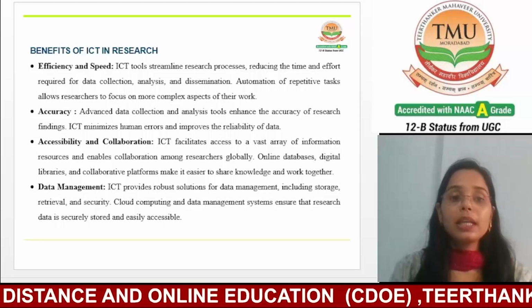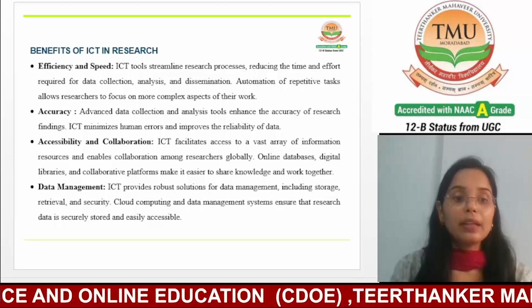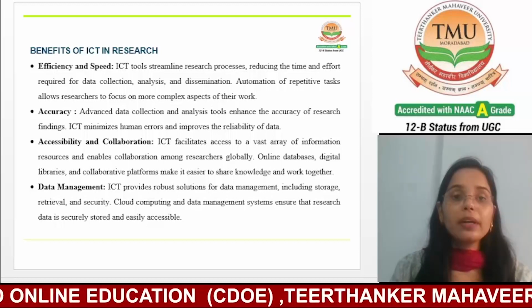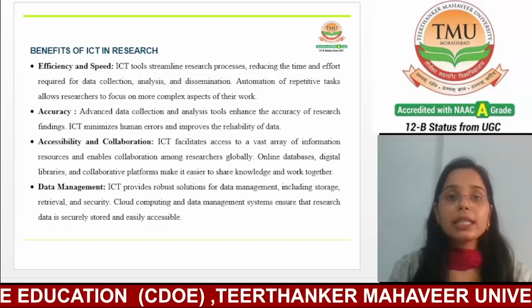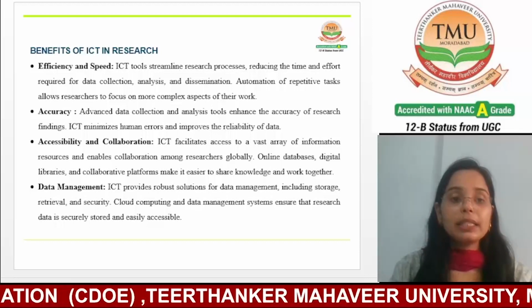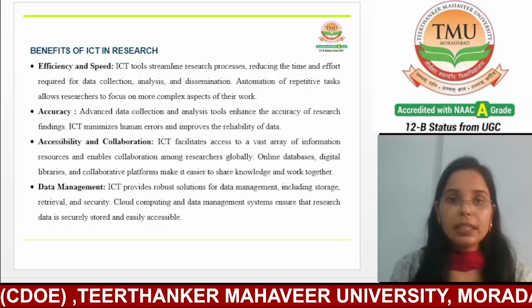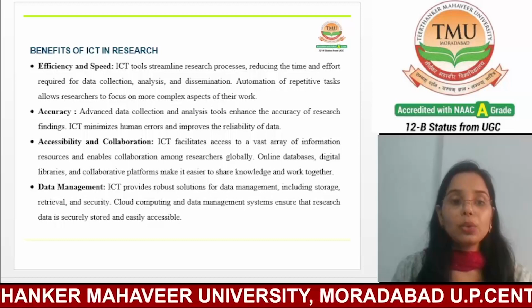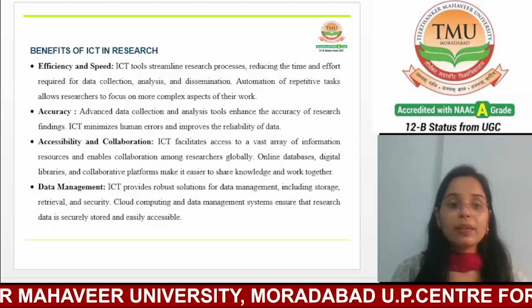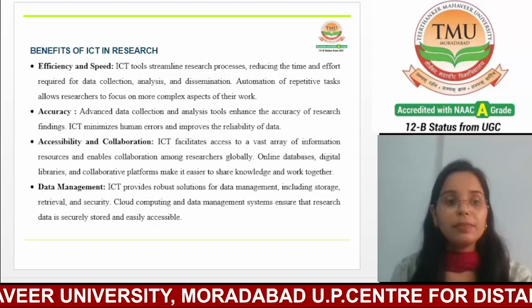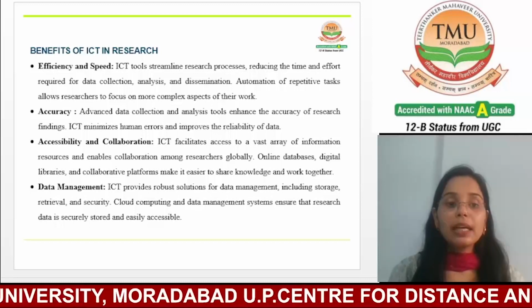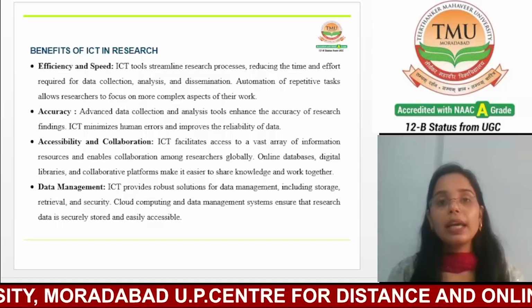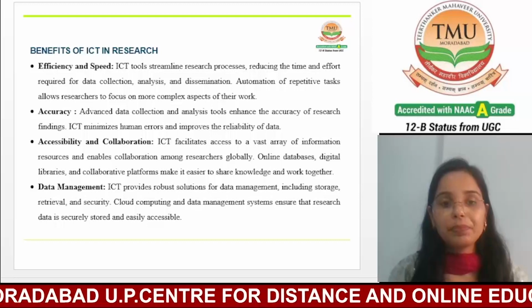Automated processes reduce human error, while advanced software can detect and correct mistakes. Additionally, digital tools enable researchers to double check and verify data, ensuring that results are reliable and authentic.